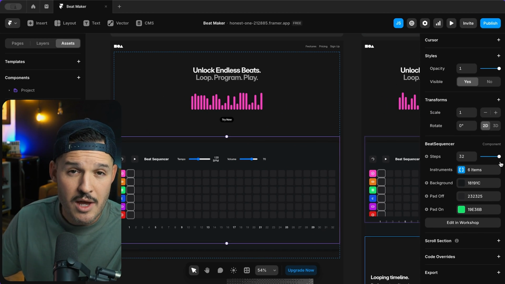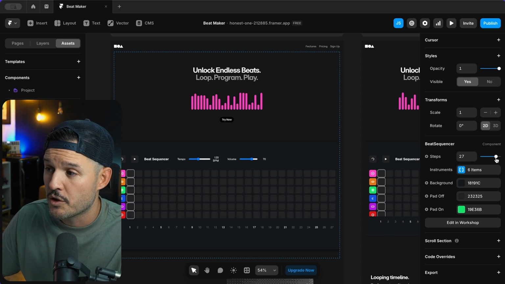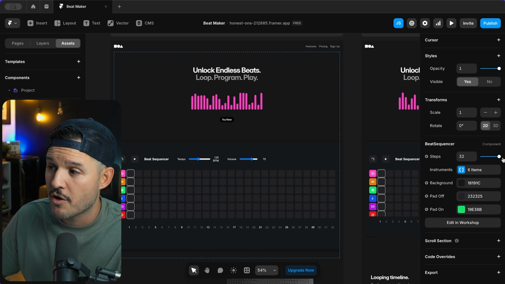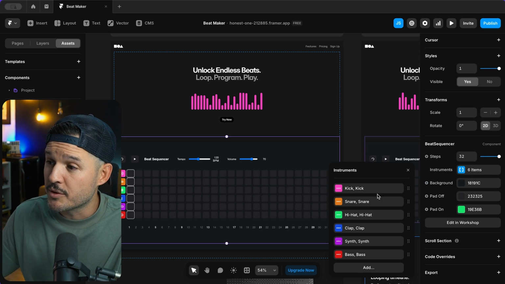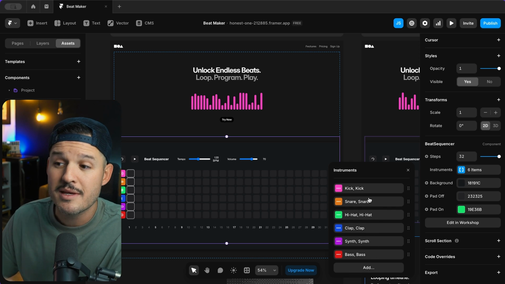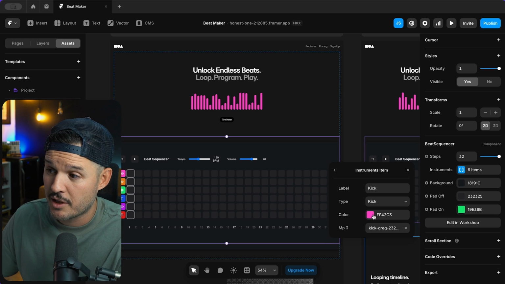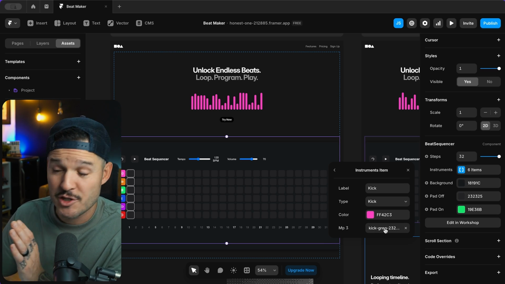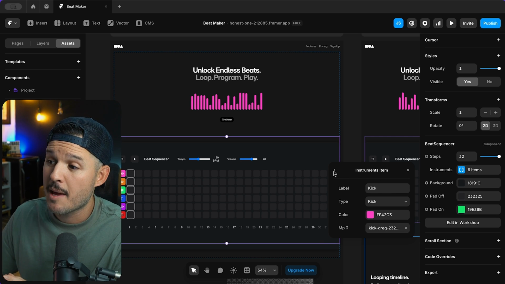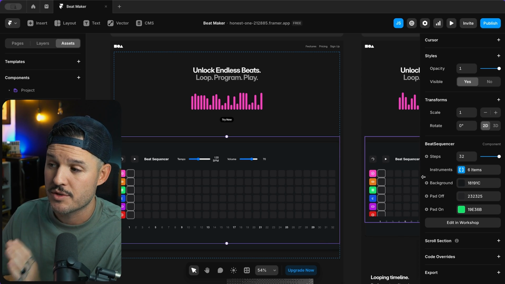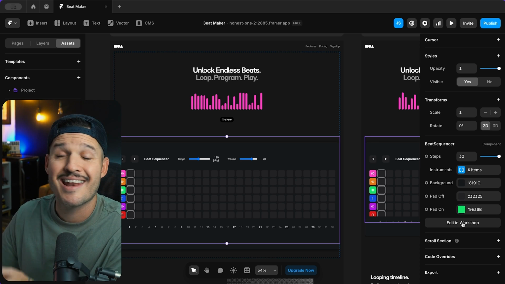Now, what's really cool is Workshop helped me create a series of customizable properties, like I can reduce or increase the amount of bars, in this case 32, so a nice long beat sequence, but I'm also able to upload individual instruments to build out the instrument lists that I can offer. So the kick drum is going to be labeled kick, it's going to be labeled a pink color, and I can actually now upload the individual MP3 track so that I can sample the right sounds inside of my beat sequencer, customize the background, what the pad off looks like, the pad on looks like,